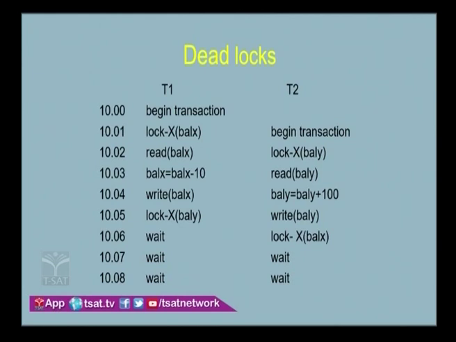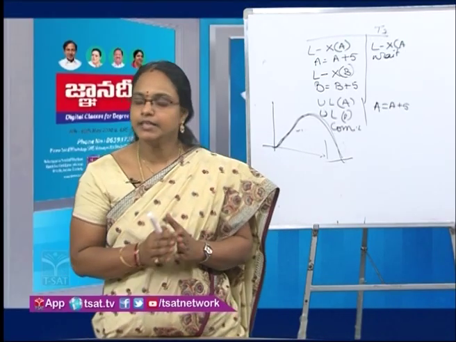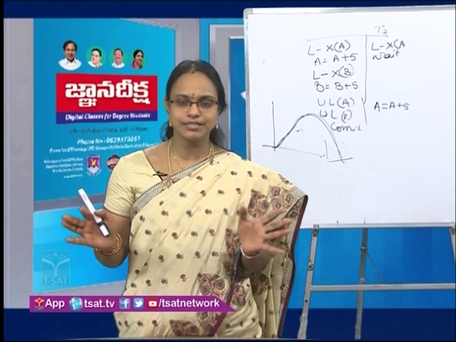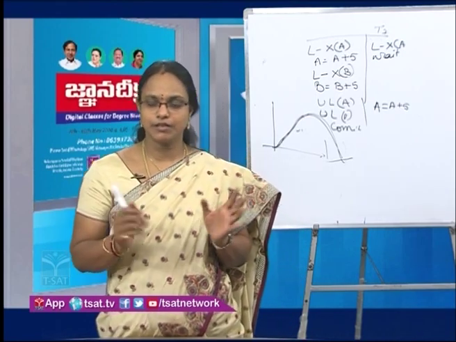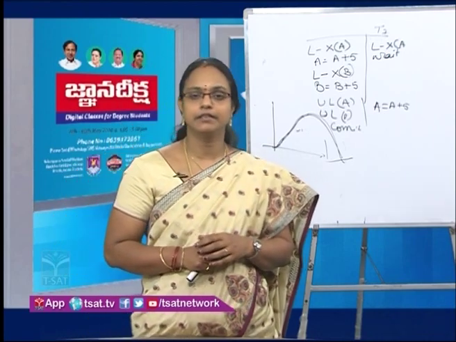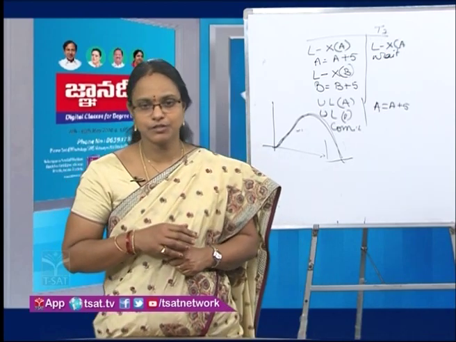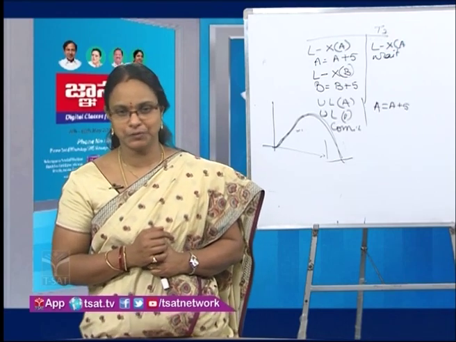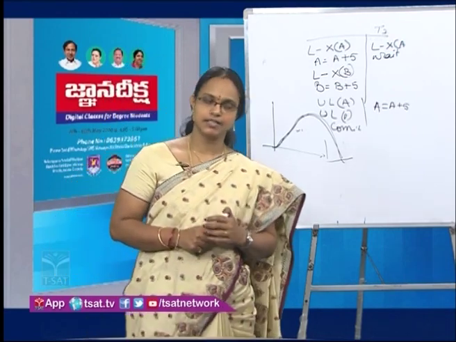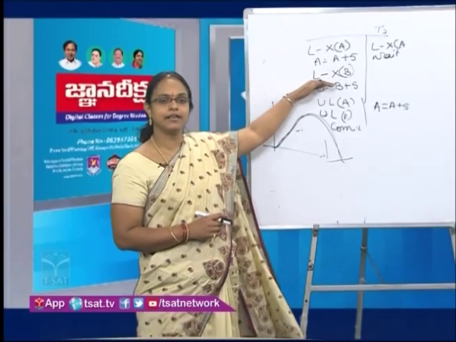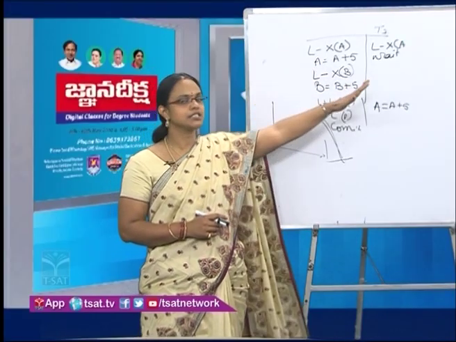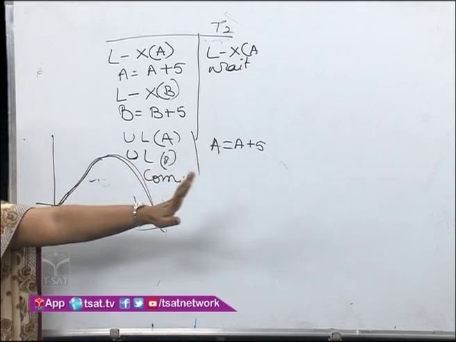I told you already, if both the transactions are working on different database objects, T1 is working on balance X and T2 is working on balance Y, even if they execute serially or concurrently, in parallel, it doesn't matter. It doesn't affect anything. So concurrency will be solved over here. But over here, both the transactions are working on the same database objects, and according to the 2PL protocol, what should be done? Transaction T1 wants to update the marks of A and B. Transaction T2 also wants to update the marks of A and B.